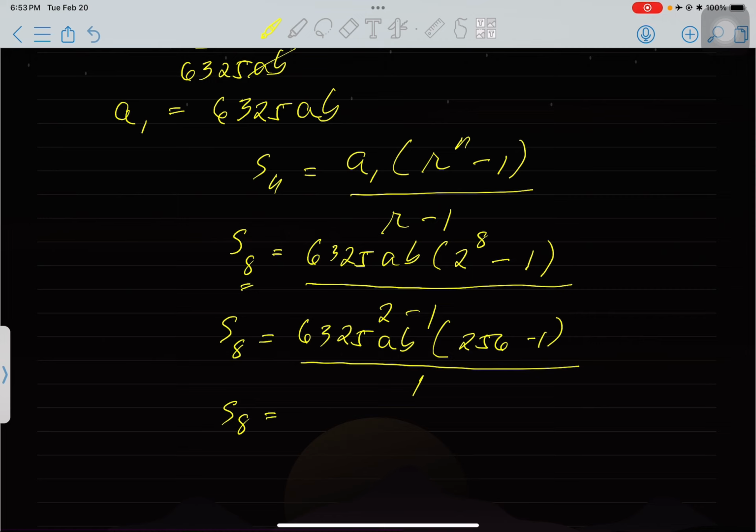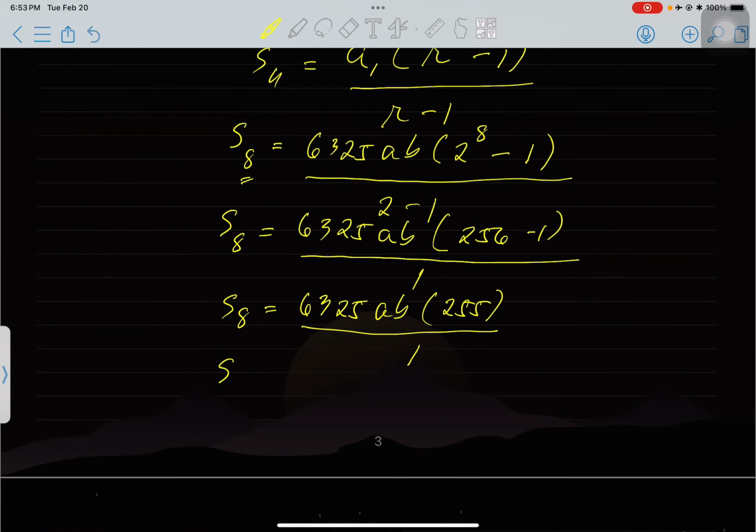And then we have now 6,325 AB. You subtract 256 and 1, we have 255. Then, dividing this by 1, we have now S sub 8 is equal to, we are going to multiply 6,325 multiplied by 255. We have now the value 1,612,875